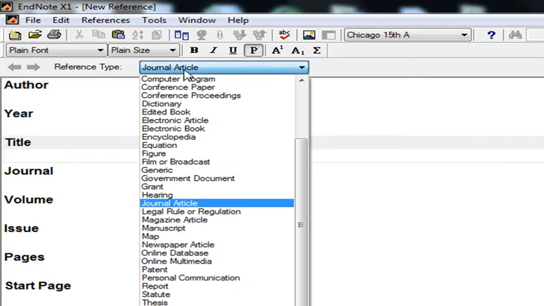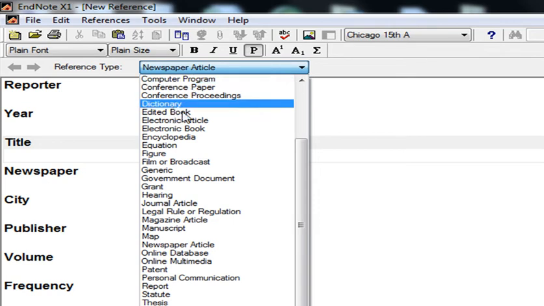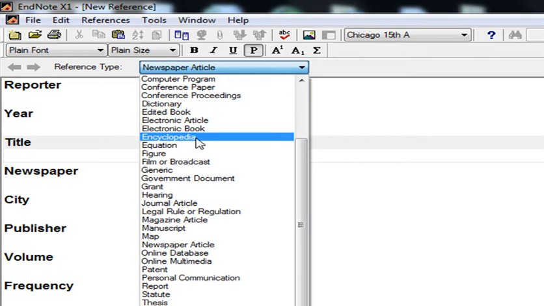And if it is a newspaper article, then click N and it will select the newspaper. Or if it is a computer program, a conference paper, dictionary, edited book, electronic article, encyclopedia, EndNote has all the possible resources for you.